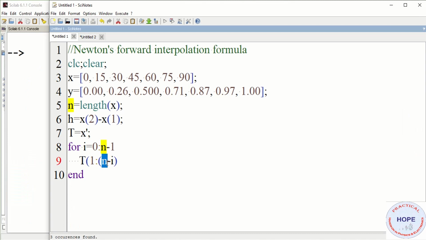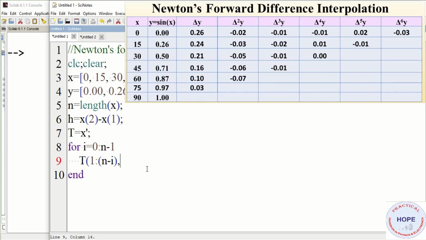So for delta y, the number of rows will be 1 less than the number of rows for y. For i equal to 2, the number of rows will be 2 less than the number of rows of y. So we are going to get the values of delta 2y and so on. Then we have to write the number of columns. You can see from the forward difference table that we need to go till delta 6y.